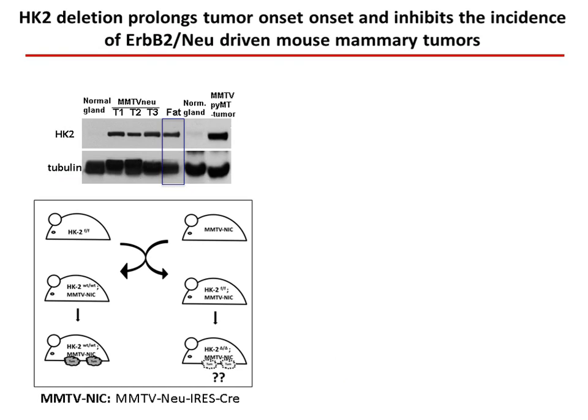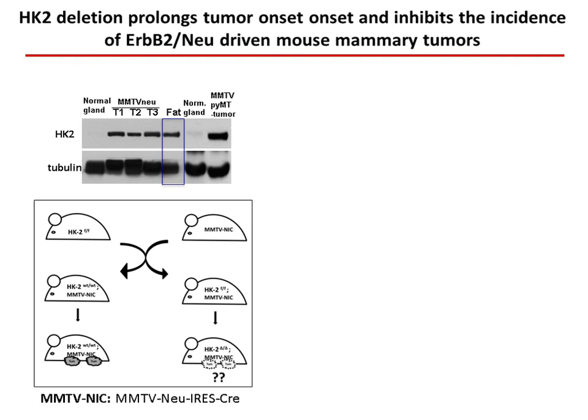We also find high level of expression of Hexokinase 2 in mammary gland tumors in mice, in several mouse models of breast cancer, RB2-new and polyoma middle T, and the level of Hexokinase 2 expression is almost equivalent to the level we found in normal fat tissues. We therefore used a mouse model in which